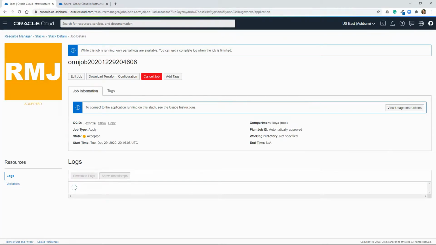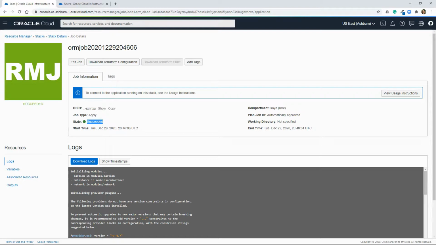As you can see here, Terraform initiated the job to create our Cloud Manager instance for us. It just took a couple of minutes to provision the environment. Right now it is in progress state. I will be right back and show you the updated status. The status is updated to succeeded, which is good.